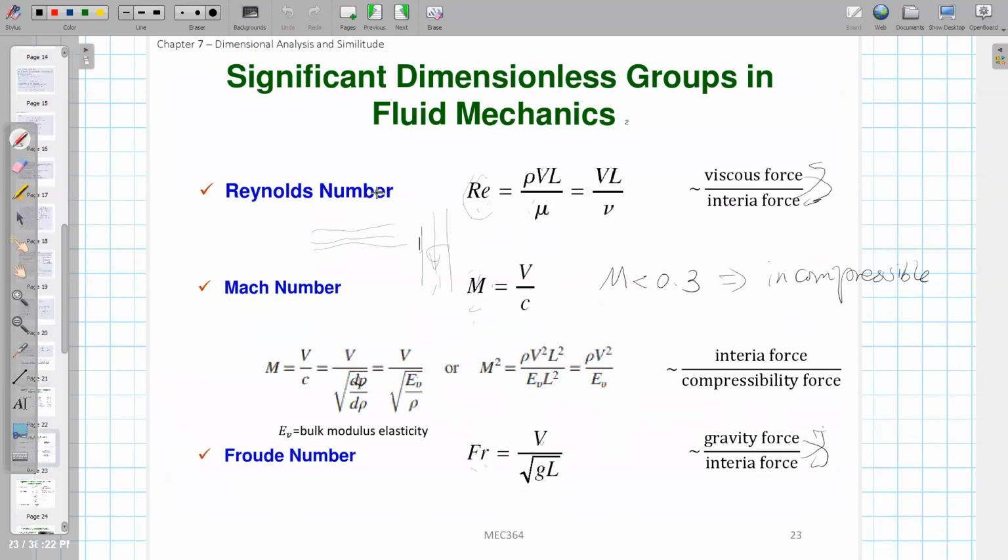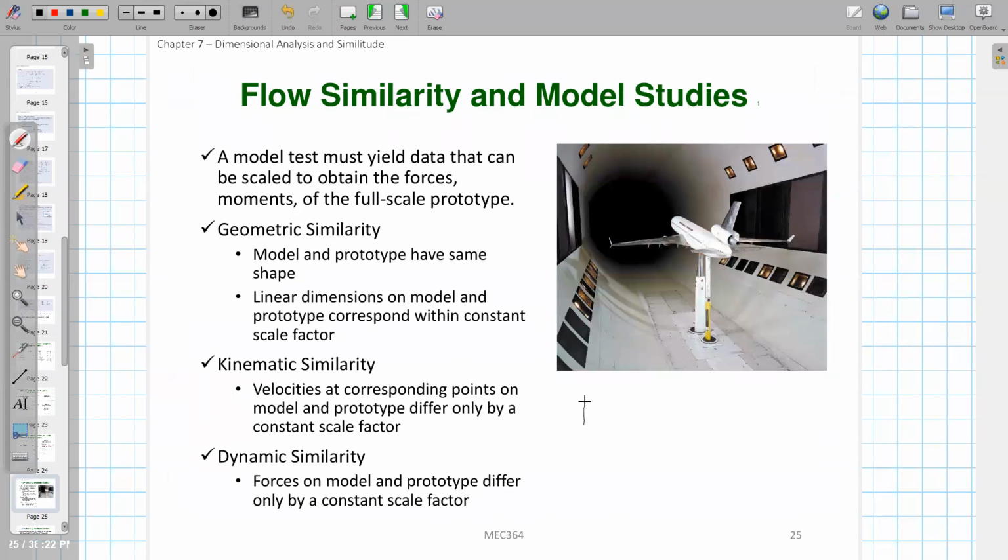So let me write it here. We have F over rho v squared d squared. It will be just a function of the Reynolds number, rho u d over mu. What does this mean? Because this is a dimensionless parameter, if we have two problems, both of which are flow over a sphere,